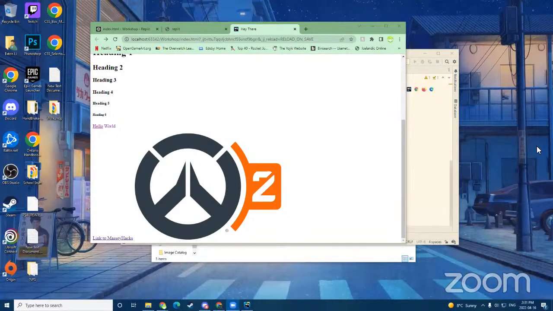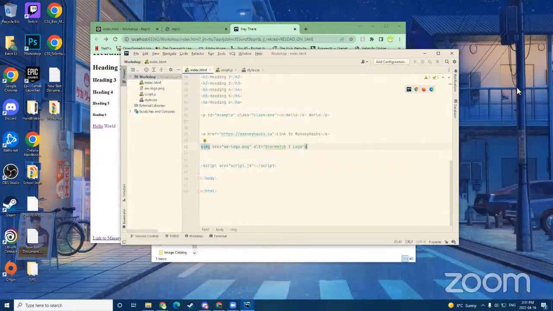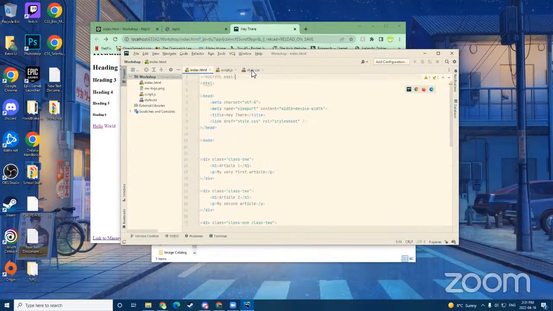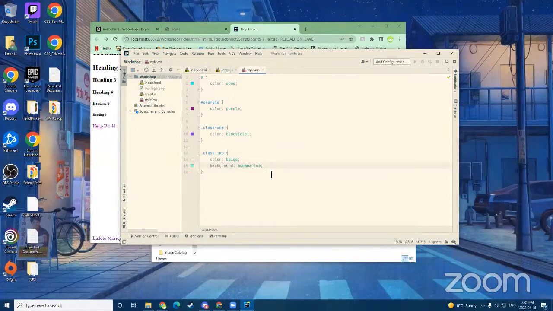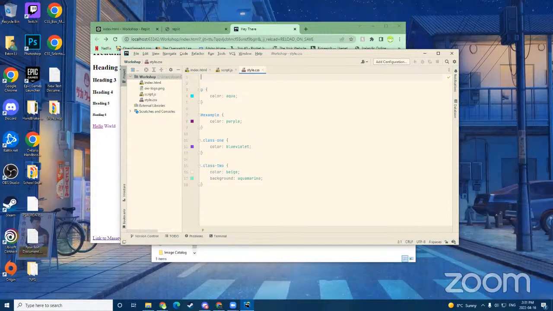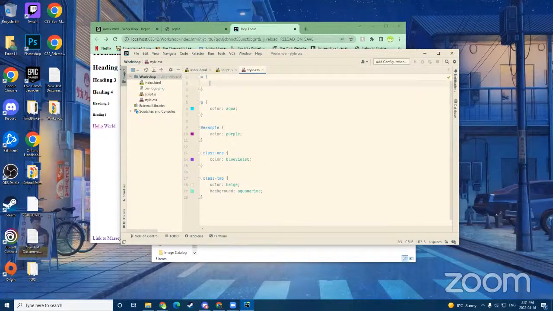Sure, it's good. Okay, so this is essentially where we left off, right? We did talk about all the selectors and what they do, and there's one really special selector that I haven't talked about. It's called the wildcard. When you put an asterisk, it selects all of the elements of the whole entire HTML website, and then you can change